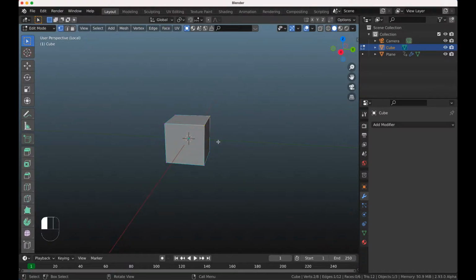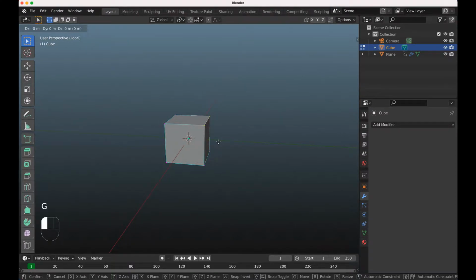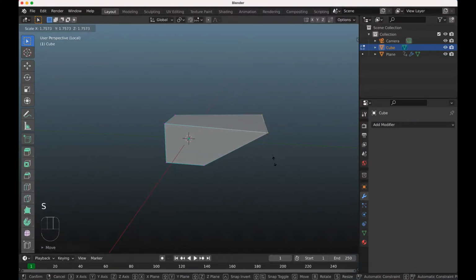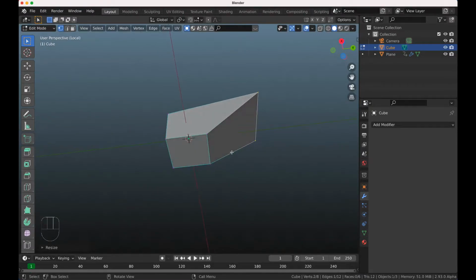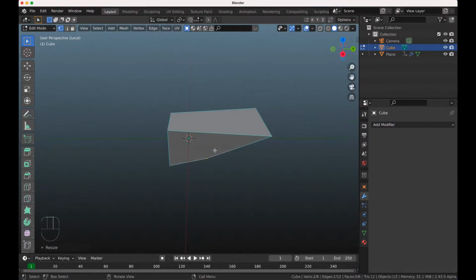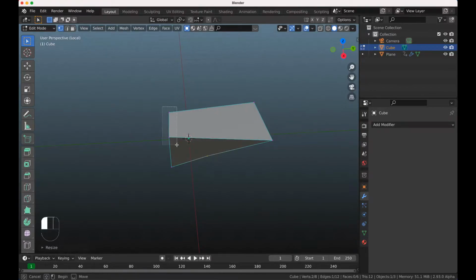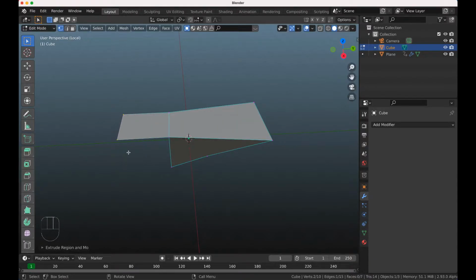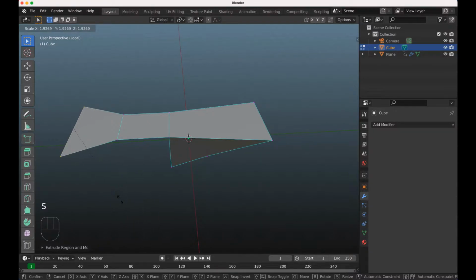So I grab these two vertices here, and I move them on the Y-axis, and I put them a little bit outside, and the bottom one with S I make smaller because I think ships are smaller on the downside. Then I take this one and press E, Y and move it out, and then E, Y again, and then I make this bigger again,